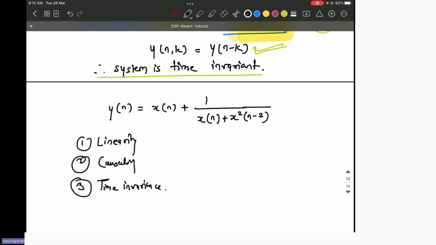Okay, you take it as an exercise at home. Okay, homework. So please note down this example and take it as a homework. And we will